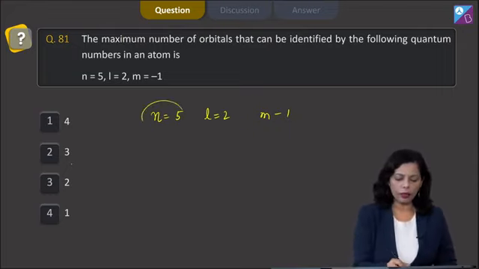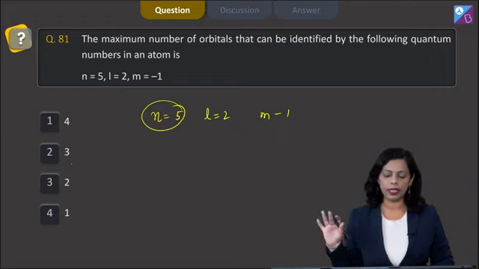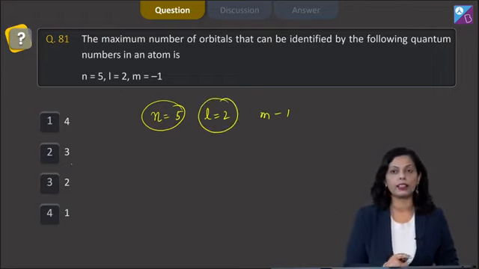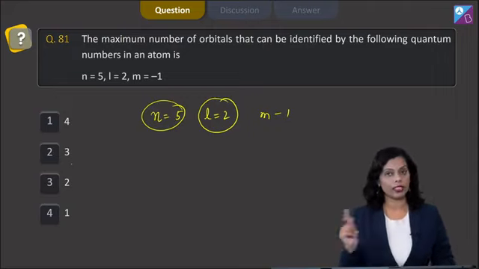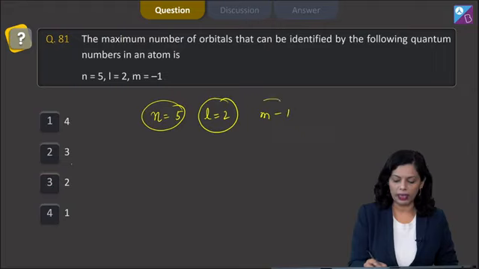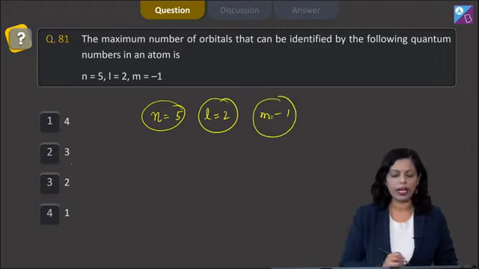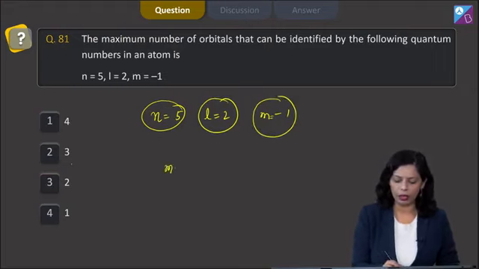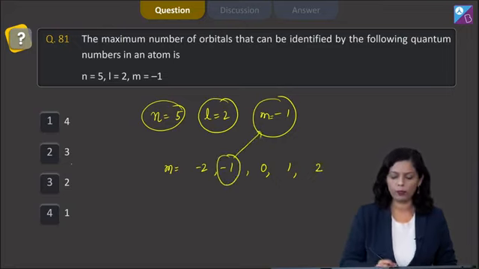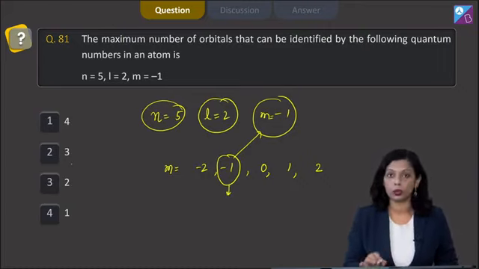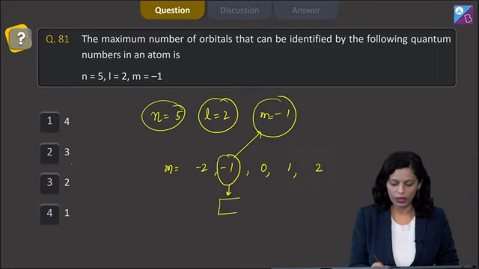Okay. So if I'm just looking at this, n is the principal quantum number. Now the L value is the azimuthal quantum number, right? And for the azimuthal quantum number value of 2, the M value, that is the magnetic quantum number, can be -2, -1, 0, +1, +2. And which value are we talking about? We're talking about this -1 value, and with this only one orbital is associated,